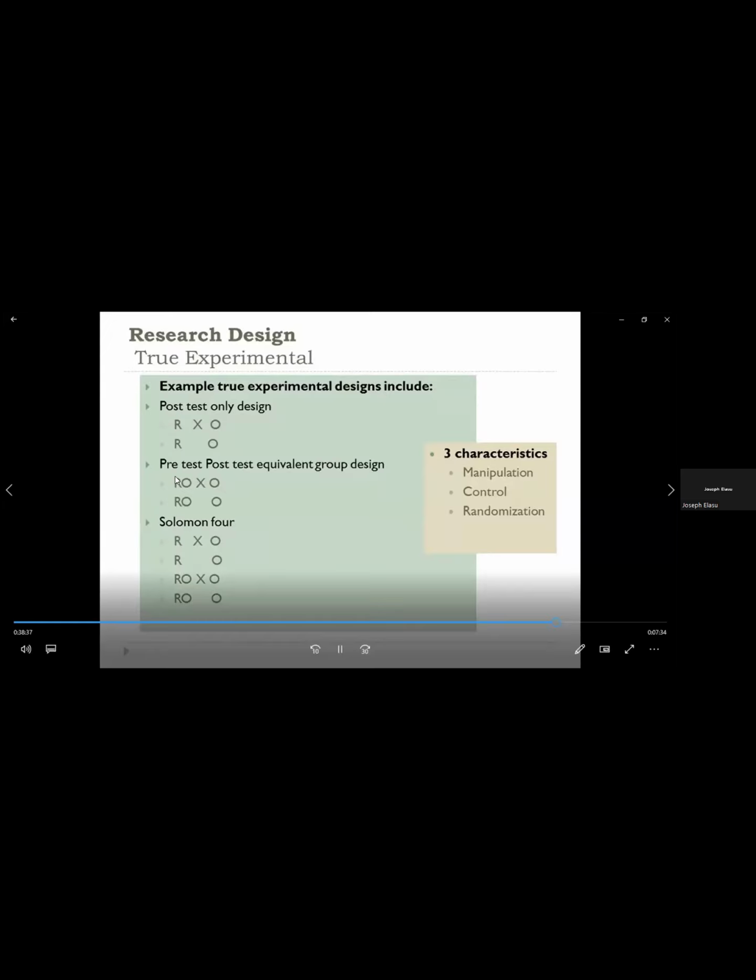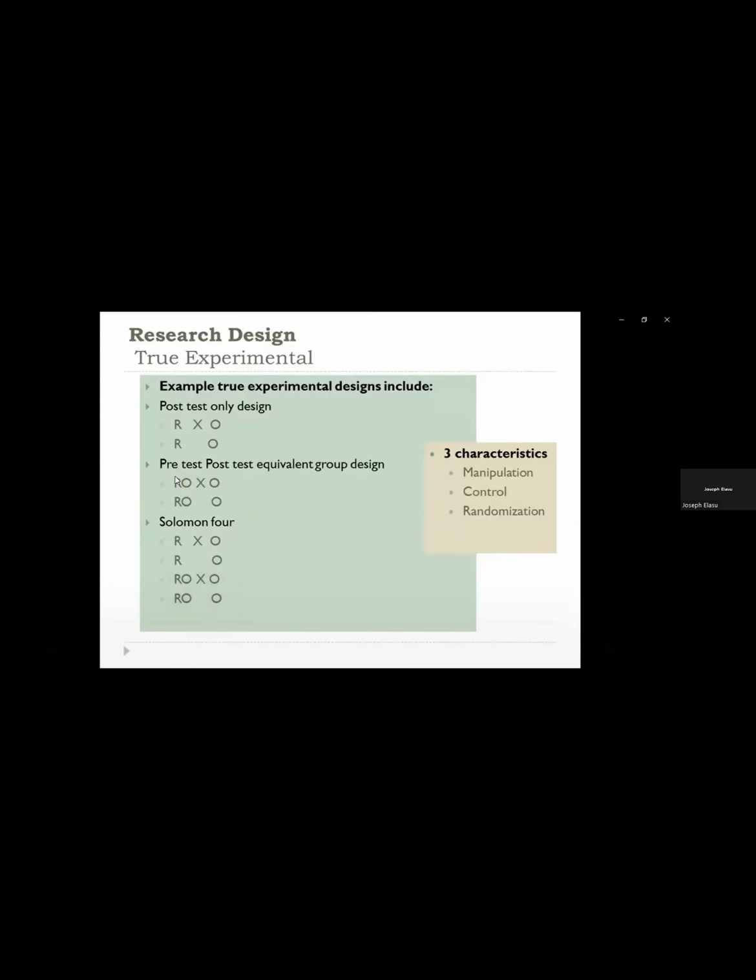An alternative is to combine those two and do a design called a Solomon 4 design. And here you can see two groups get the treatment, two groups get the pretest, and then you compare. And so you can see if the pretest causes any effect or introduces the testing threat to validity. A Solomon 4 design is probably the strongest true experimental design. The problem with that is